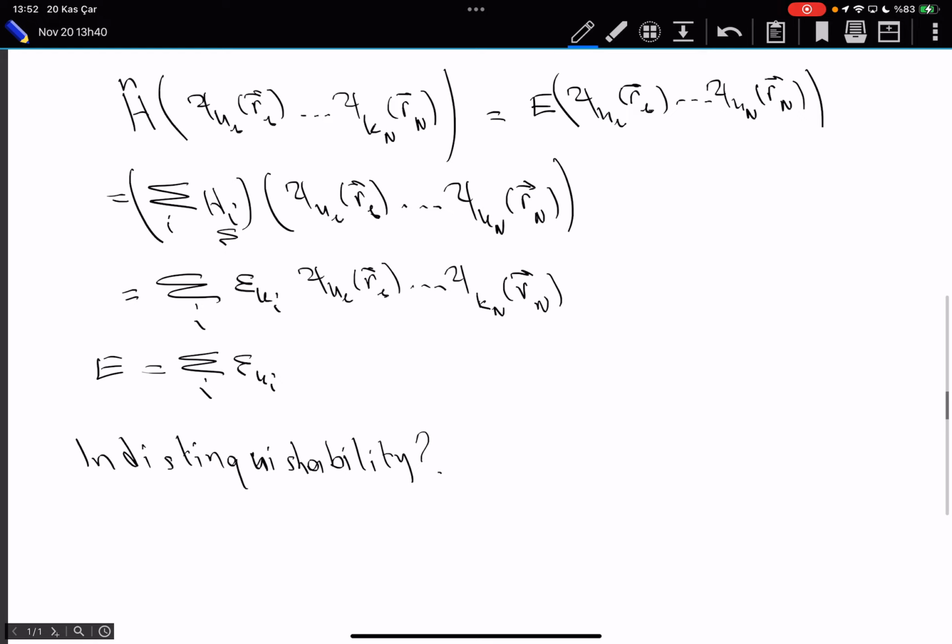It was kind of an ad hoc argument, but here we will see where that comes from. Again, just as when we were discussing classical ensemble theory, remember we were looking at these numbers Ni